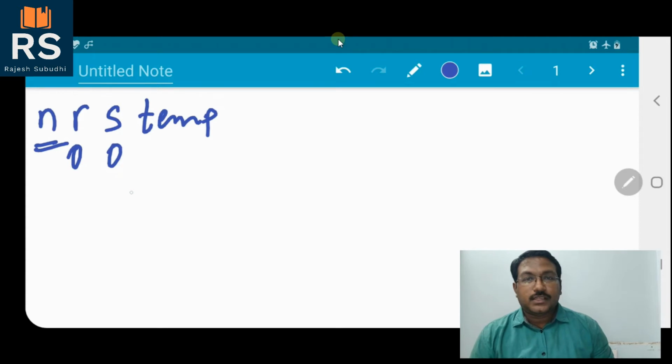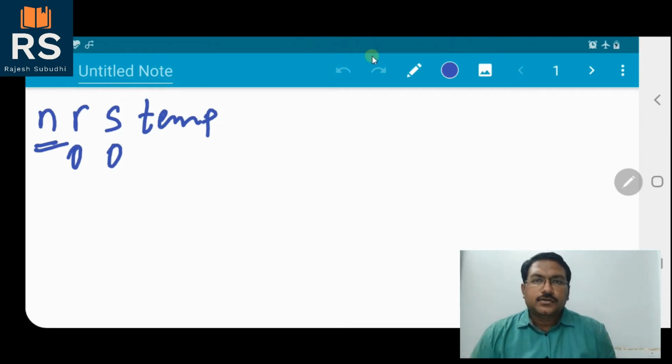So let us now do the solution for the problem statement: checking whether the number given by the user is a palindrome number or not. We have n, r, s and temp. To check a palindrome number, first we have to create the reverse of that number.